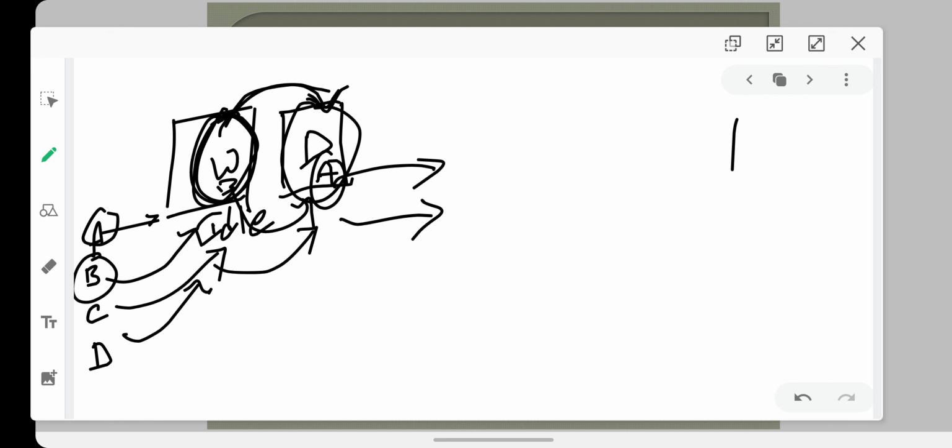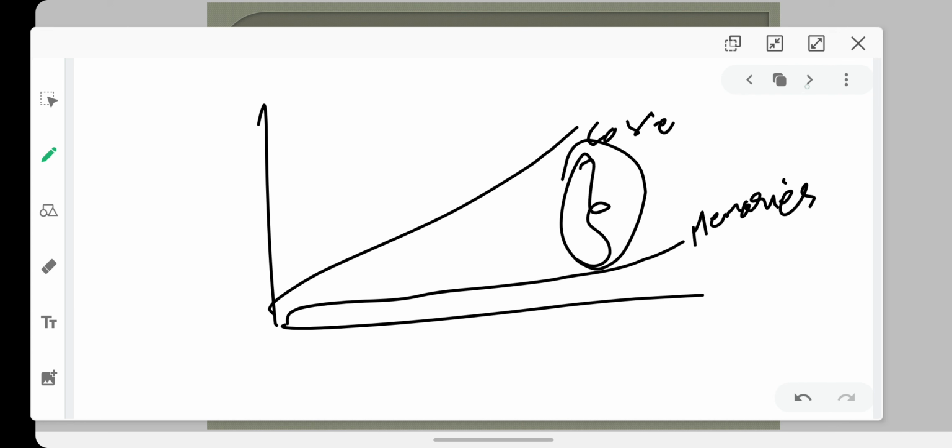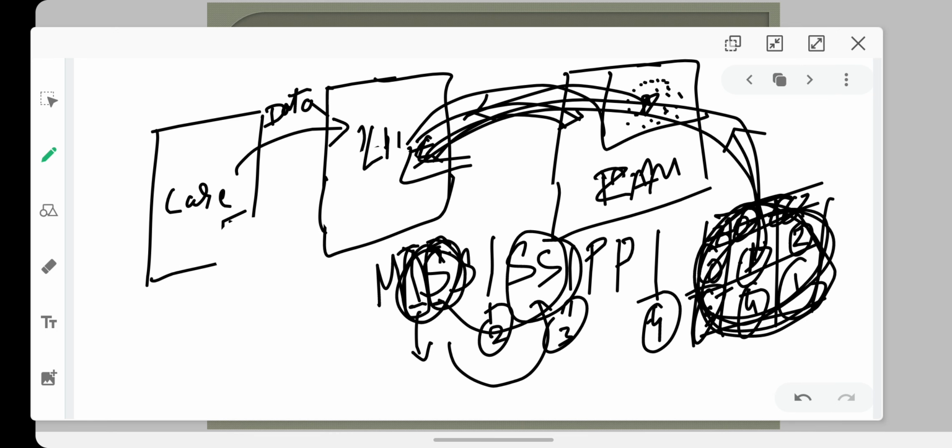What is meant by a set, what is meant by a block, what is meant by a tag, what are the levels of caches: you should not have any confusion on that. Have all these basic concepts in your mind. How the cache evolved, and what is the need of cache first of all. What happens without cache, what happens with cache, how the cache communicates with the RAM, and how the cache communicates with the processor. We are going to discuss all these concepts in the later videos. As of now, please keep all the concepts explained here in your mind, so that you do not have any confusion in later lectures.